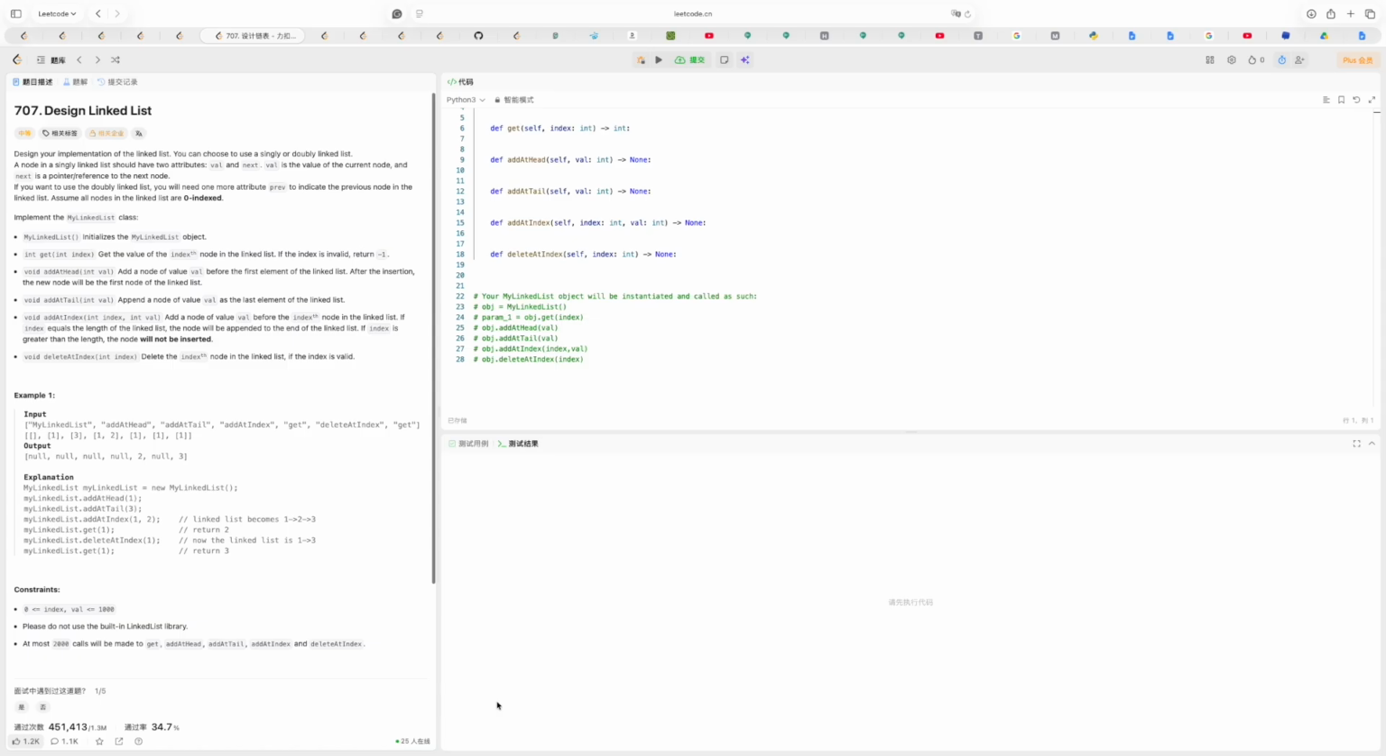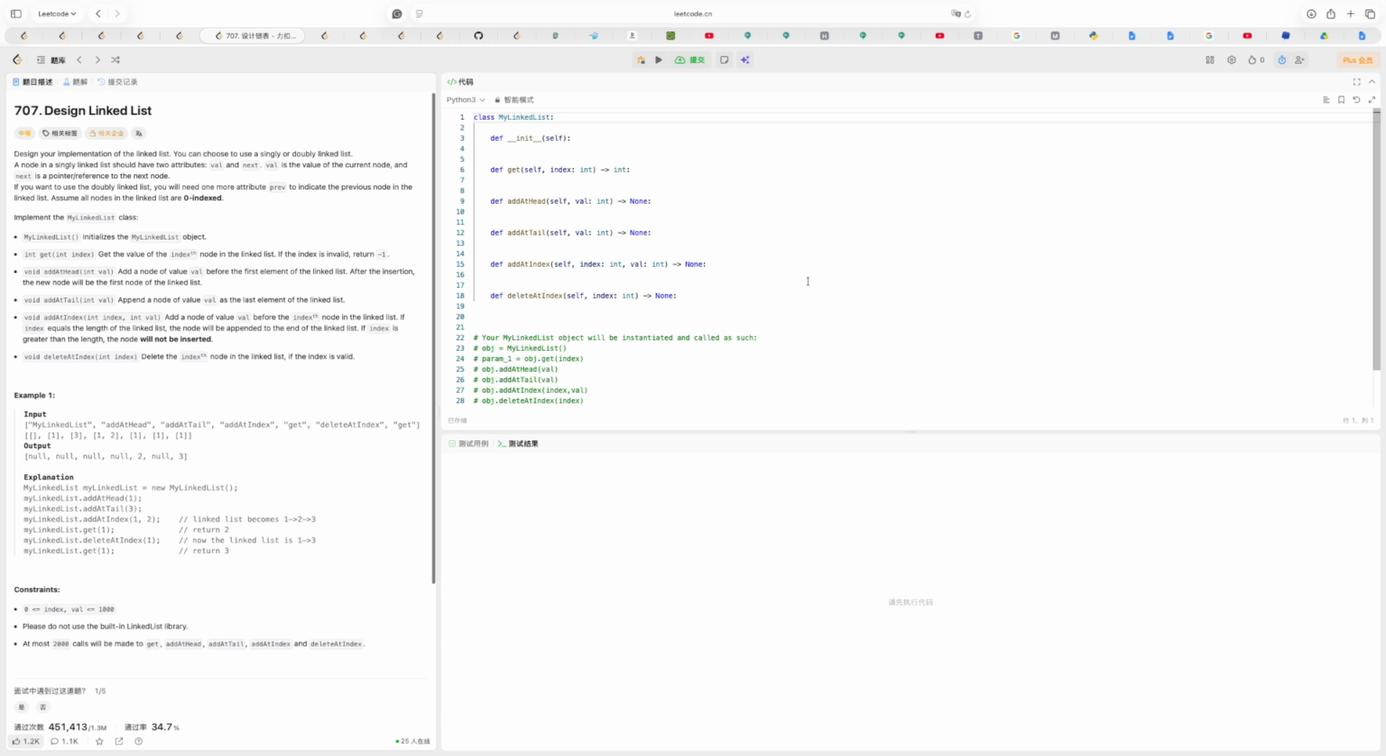Okay. Please do not use built-in. At most 2,000 calls will be made to get. Okay, so for get, the value of the index node in the linked list. Okay, I came up with